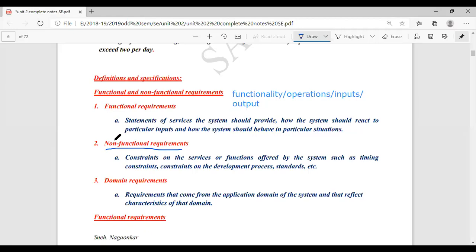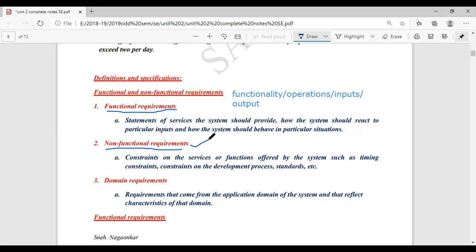Non-technical may be related to maintenance, transportation, or installation. Technical is just like front end, and non-technical is just like back end. Similarly, functional requirements are the front end, related to technical things, and non-functional is related to the back end, the non-technical aspects of your software.